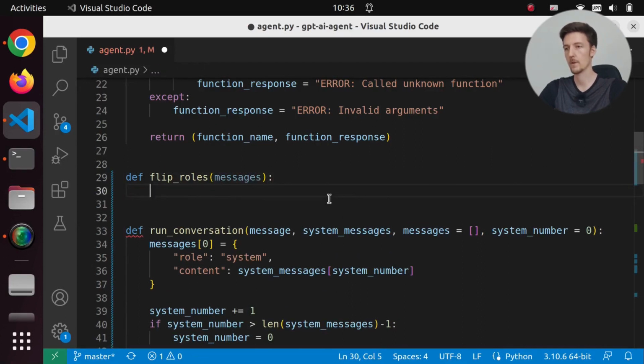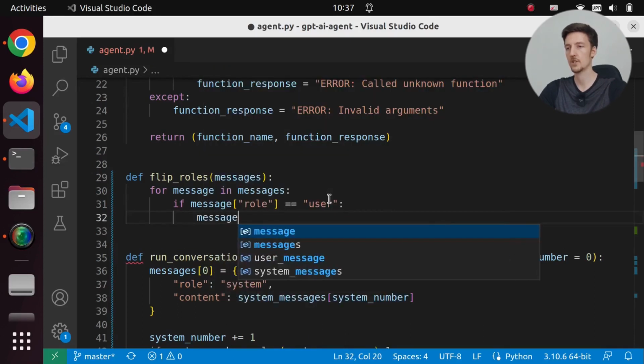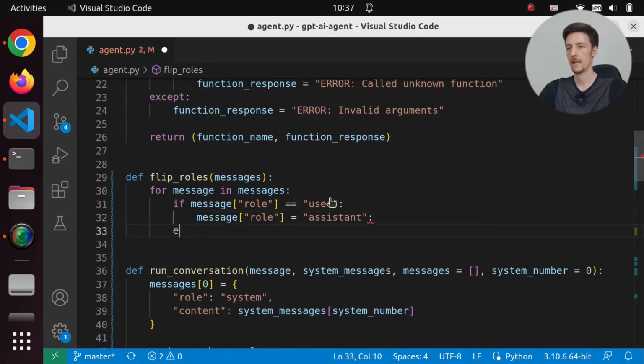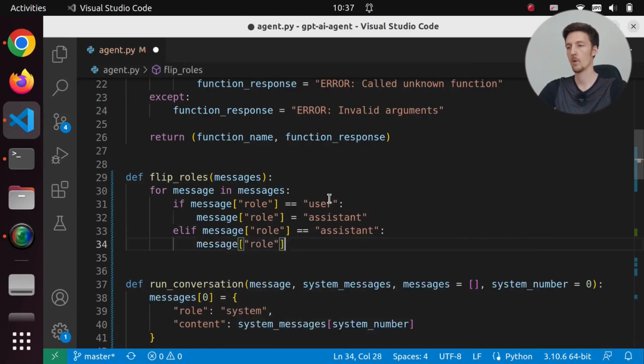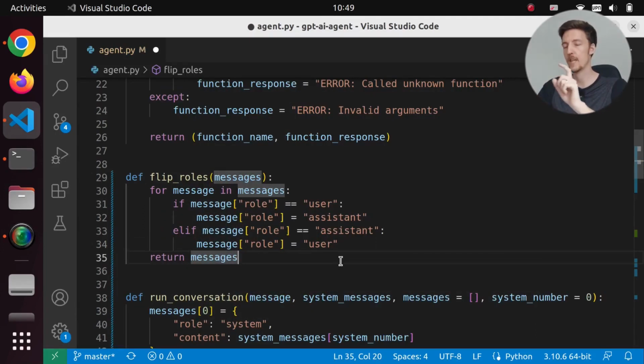Well, we're going to do for message in messages: if message role is user, then message role will be assistant; else if message role equals assistant, then message role will be user. And then we return the messages. So that should flip them around.